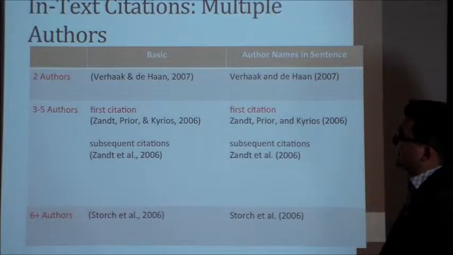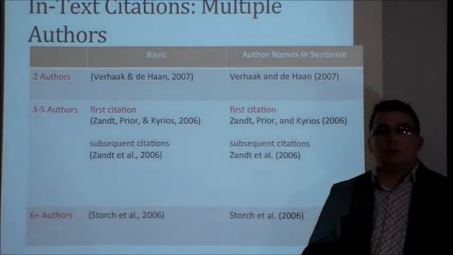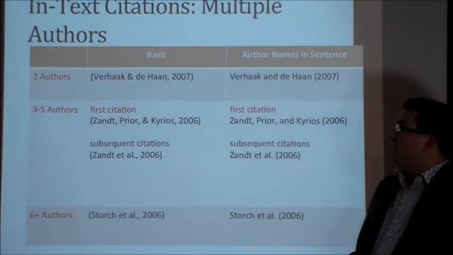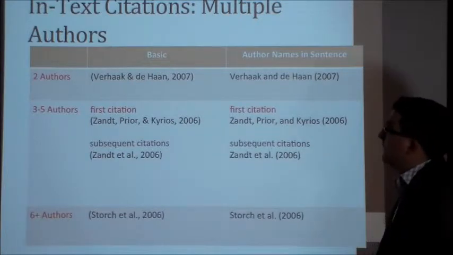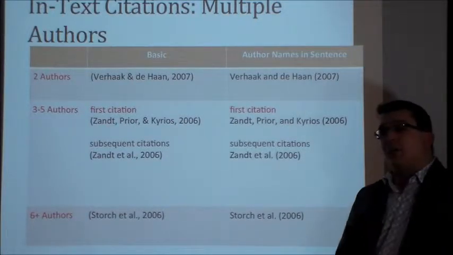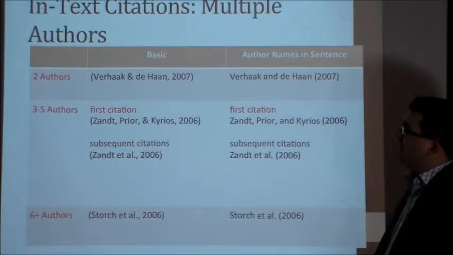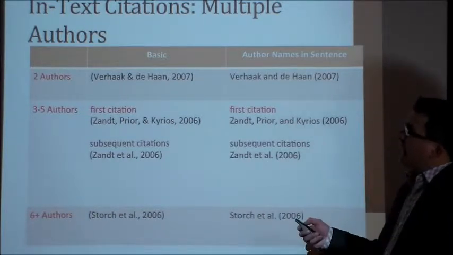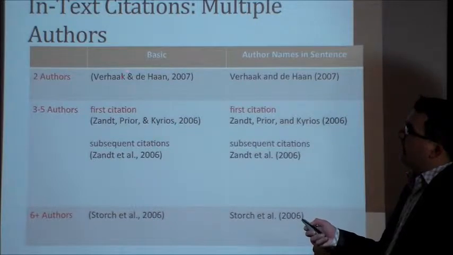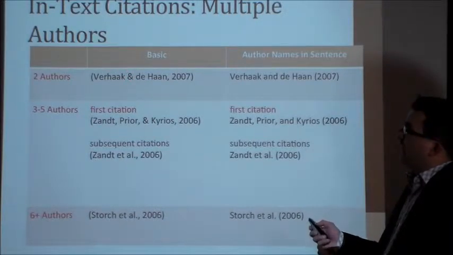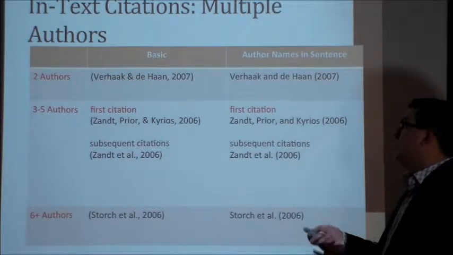Now, in-text citation with multiple authors. These are always fun. I know they're going to be your favorite here. And often, the documents that we use are going to have multiple authors. So it's good to have these skills here. So two authors, pretty simple. Got the basic one. Big thing to point out, we have the ampersand in there. So for Hock and Dehaan 2007, we got the ampersand right here.